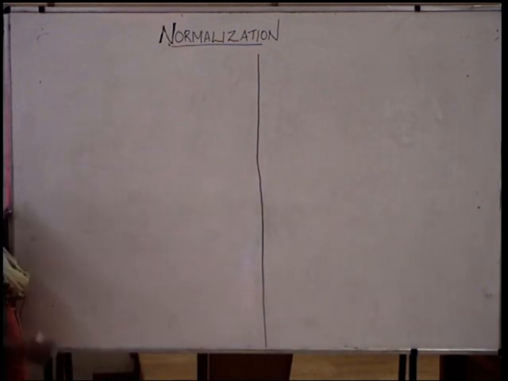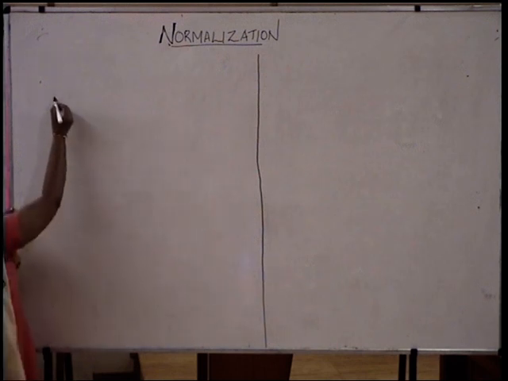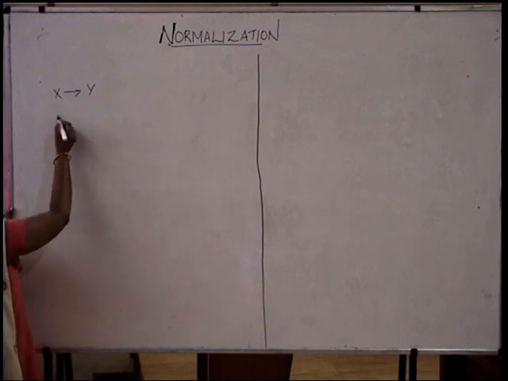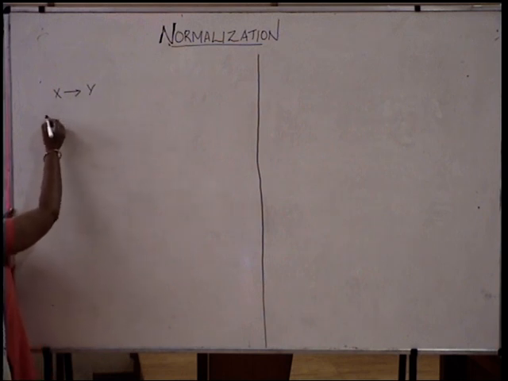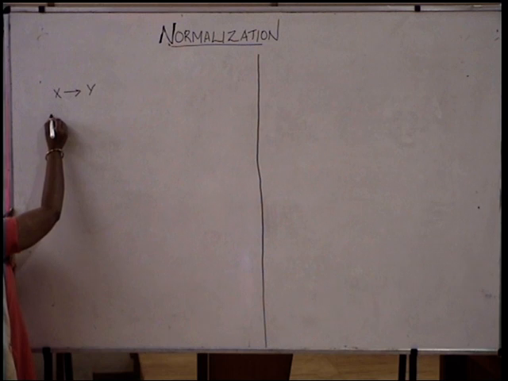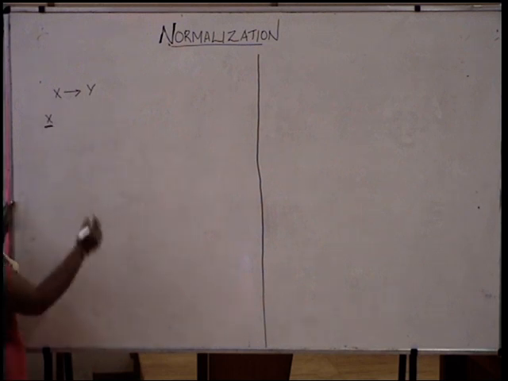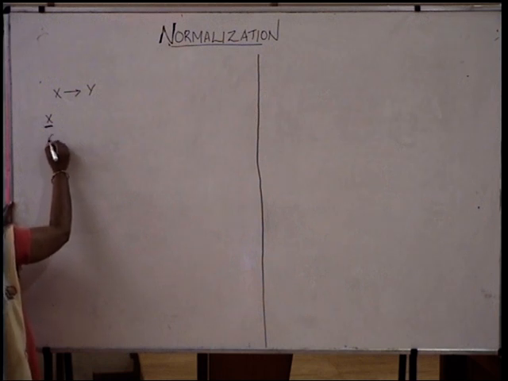So as we discussed in the last class, functional dependency X implies Y can be represented like this. That means the attribute X can uniquely determine the values of Y. Consider an example